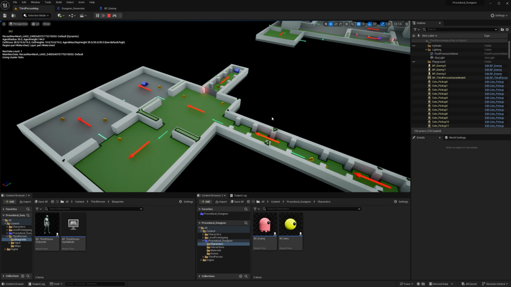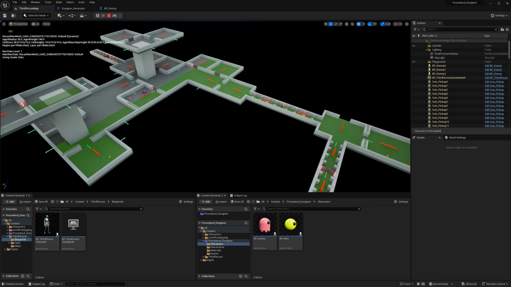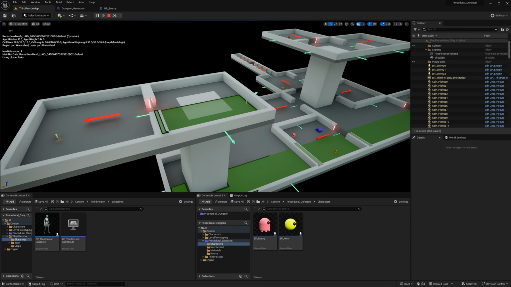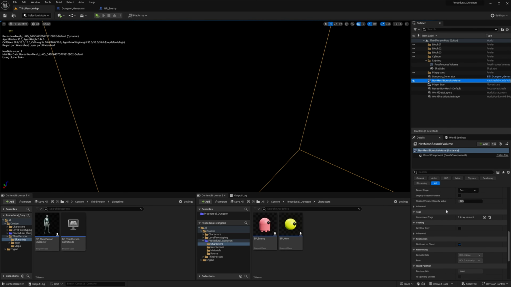So when you press play and our dungeon is generated, at the first frame there's no dungeon at all, and that's where the Nav Mesh is getting generated. So it doesn't matter how many rooms the dungeon creates after that, it won't know it because it's static. And you can see the limit here of the size of the Nav Mesh. So we need to make it bigger, but it does get all the way up to the first floor. So get back here, go into Nav Mesh bound volume, and let's just say 5 instead of 2